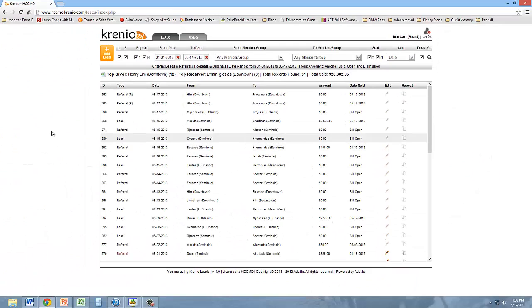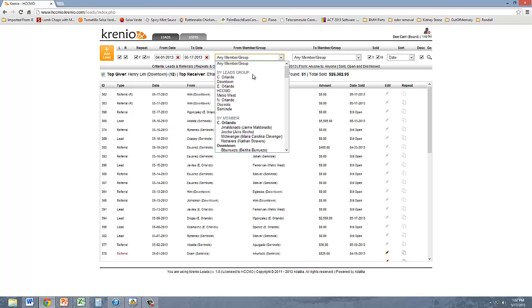There's a few of you in here that have leads that don't have a dollar value on them yet. So we need to get those updated. So if you go to the filters up top and you say the from member, if you just say Seminole County,